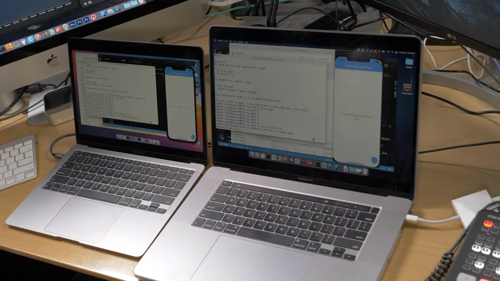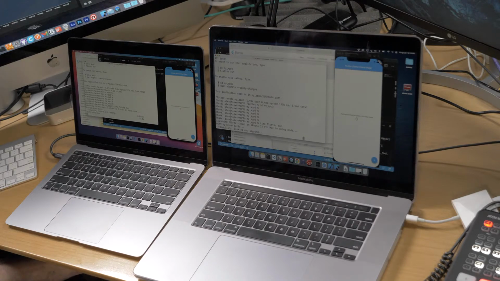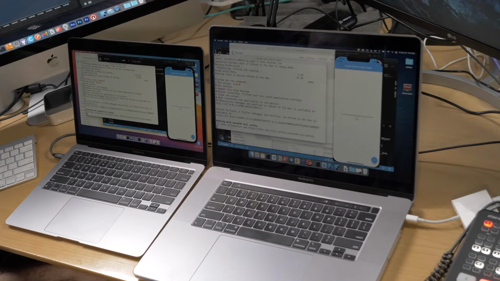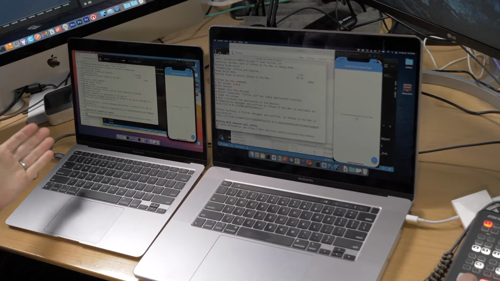But really, folks, I'm not seeing a huge difference here. Except for that. So the M1 is consistently beating it. And I guess after, if you're doing this all day long,